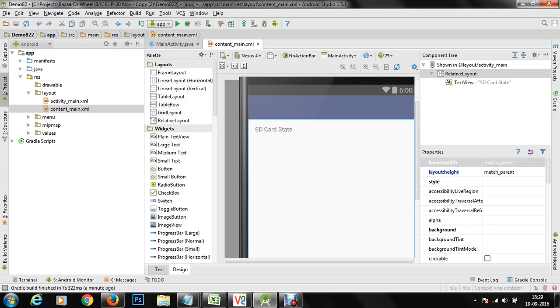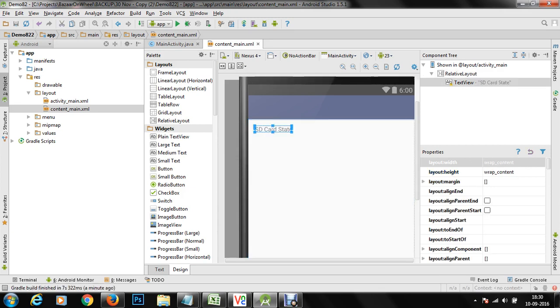If there is an SD card mounted on our mobile device, then we are going to access directories and external directories for primary and shared partitions and external medium, or else what we can do is we can get information about all primary and shared external databases or external SD cards connected on our mobile device. So the first thing is we are going to get the SD card state.